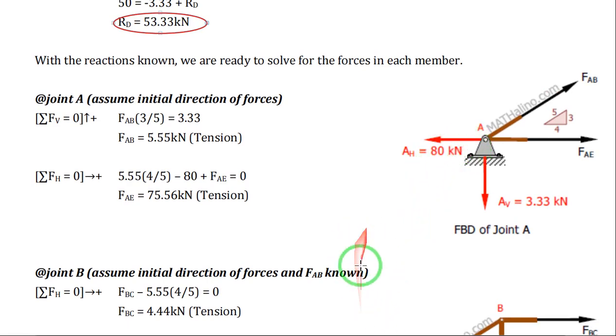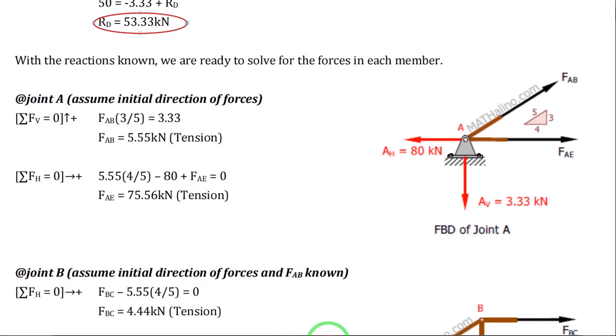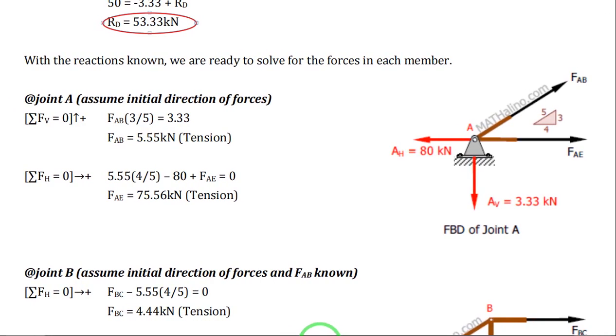You have to assume the initial direction of your forces. So force along AB is assumed to be tension, so that is away from joint A. Then force for member AE is also assumed to be in tension, that is